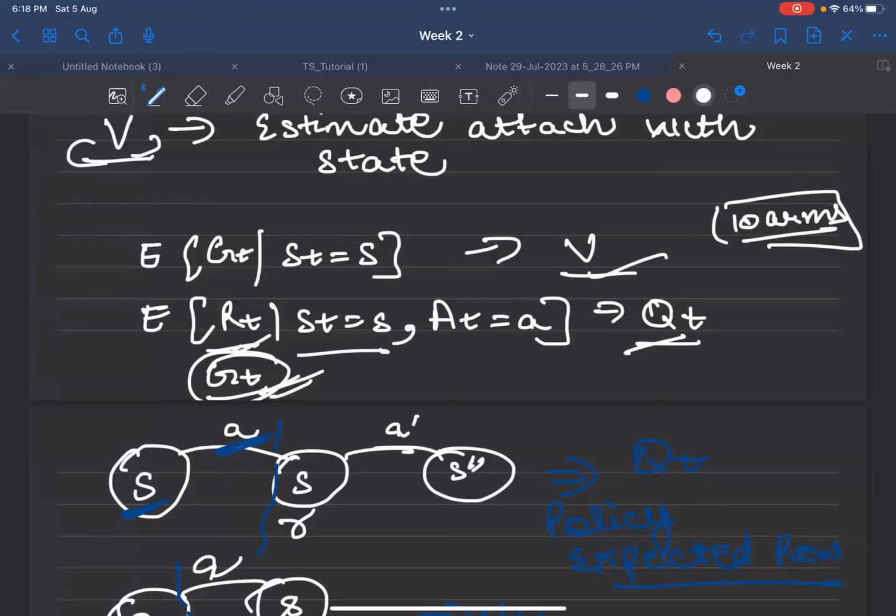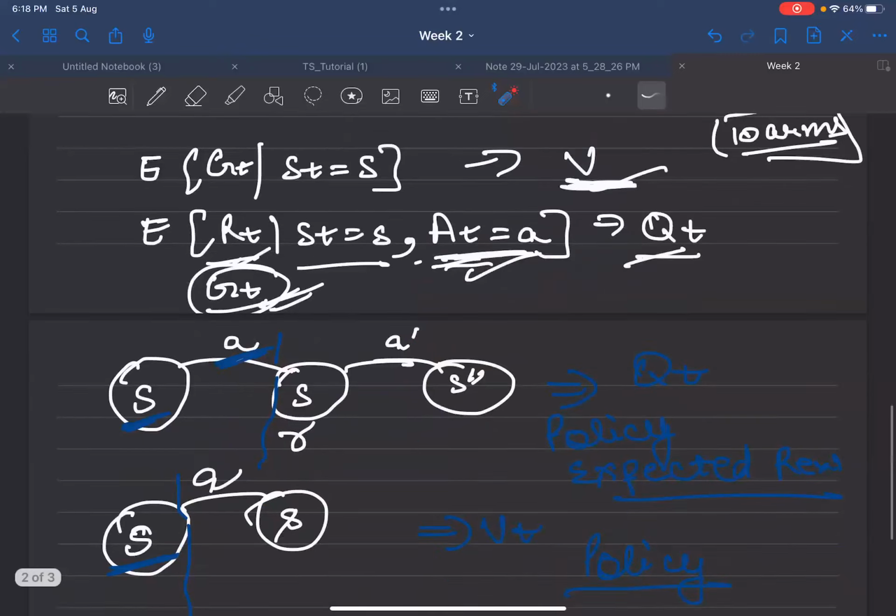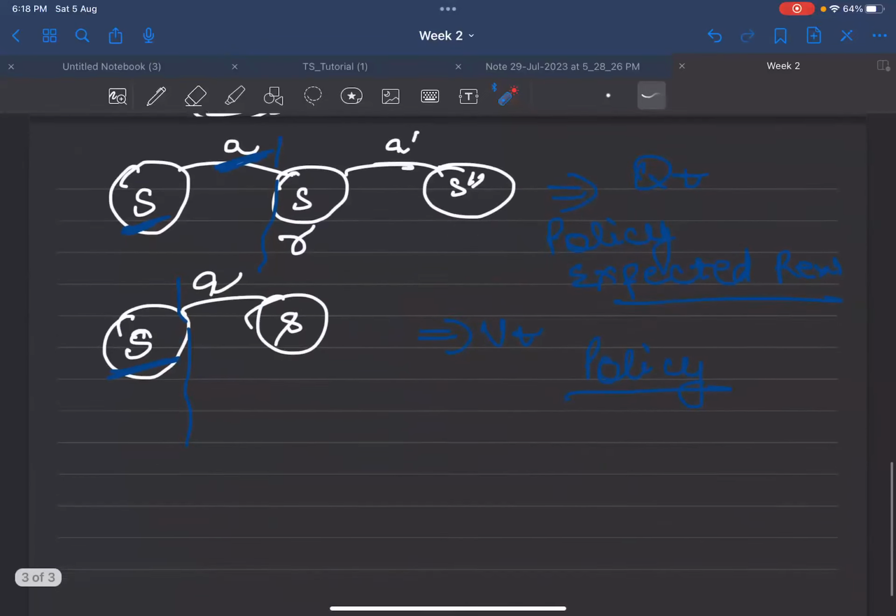I am at the state S. Now we don't know what is this particular action performed. We can't say that this is the best action performed here. You got it? Or I can say more simply,